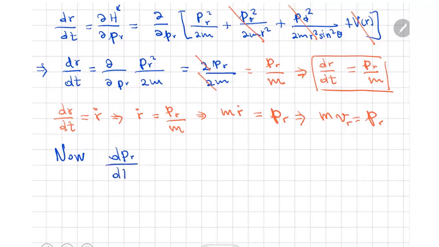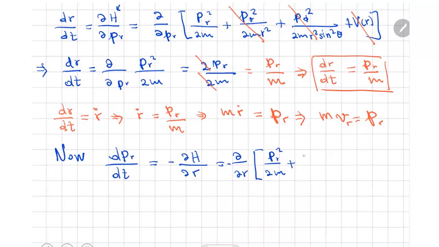dp_r/dt is equal to minus the partial derivative of the Hamiltonian with respect to the coordinate, in this case r. Well, we know that this is going to be minus the partial derivative, in this case with respect to r, of the Hamiltonian: p_r squared divided by 2m